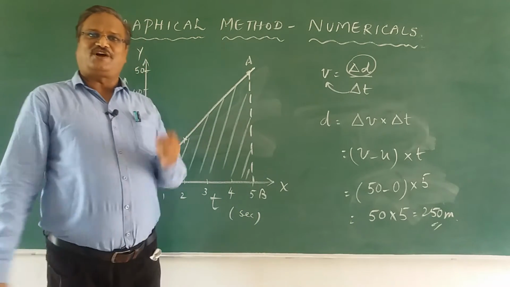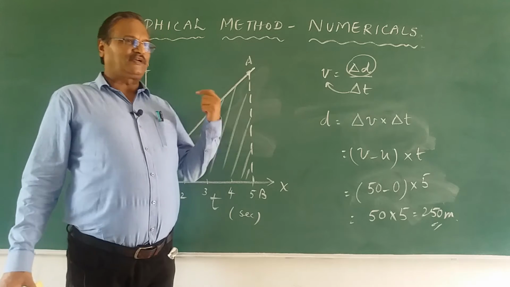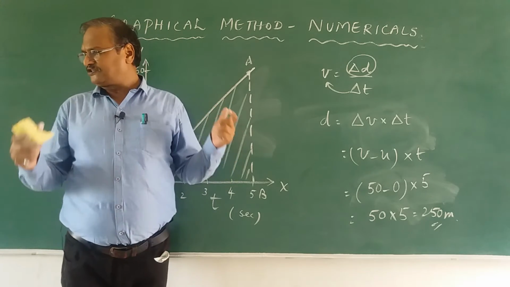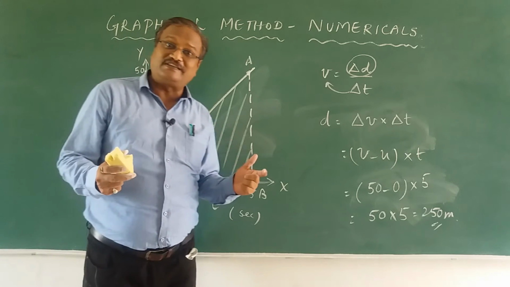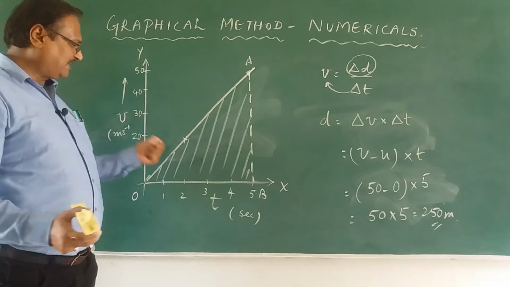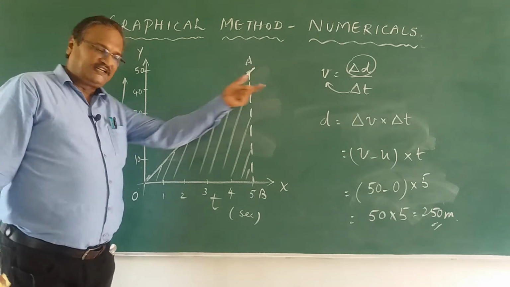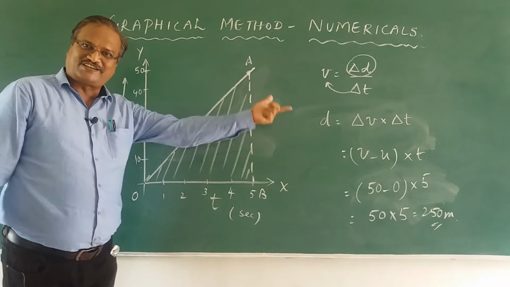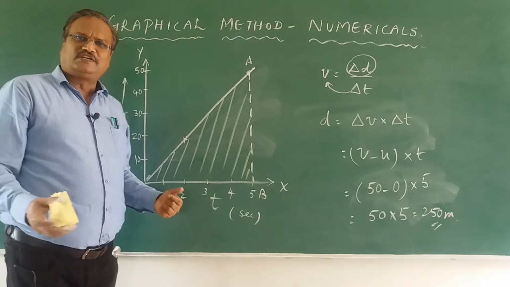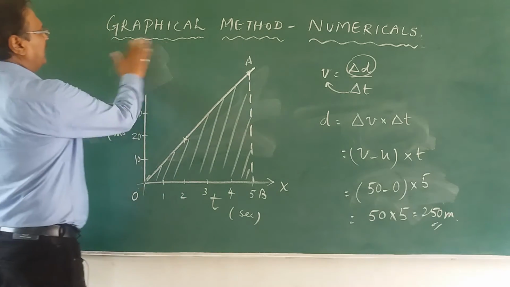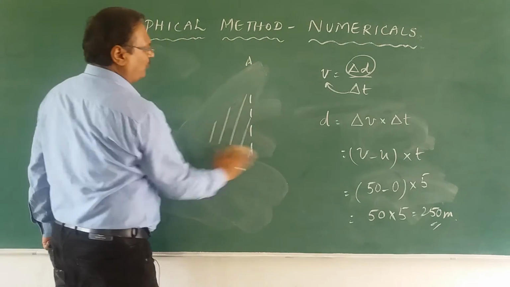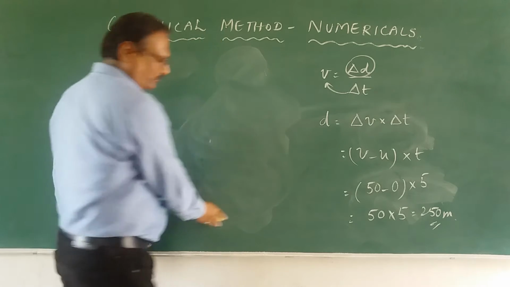Dear students, you have to understand, when we do something in the graph, there should be some meaning or symbolism. And what is that symbolism? We calculate velocity from the distance time graph and distance from the velocity time graph. Keep this in mind. Now I am going to do a little bit higher level, not complex I will say, the next level of problems which you will try to do now.